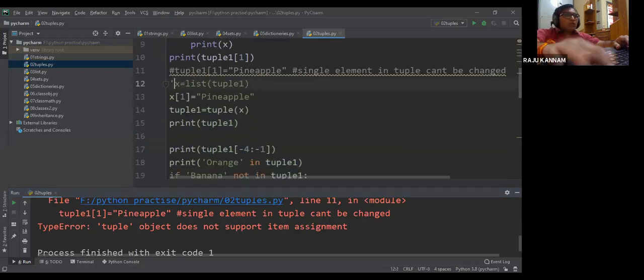Now what I'm doing is, this entire tuple 1, I'm converting it into a list. Of course the next topic is list only, and there we will discuss list in detail, but for now just assume it. In a list you can change any element by using the index, right? So I'm converting tuple 1 into a list, and that list I'm storing in x. So now if you print x here,